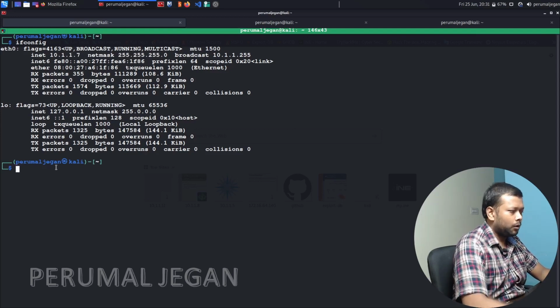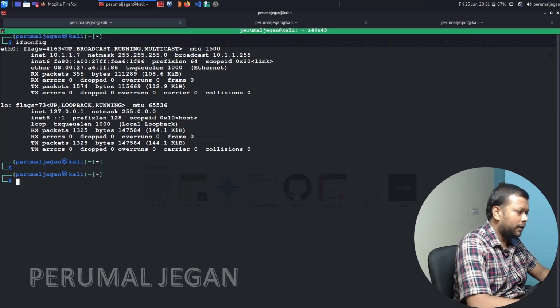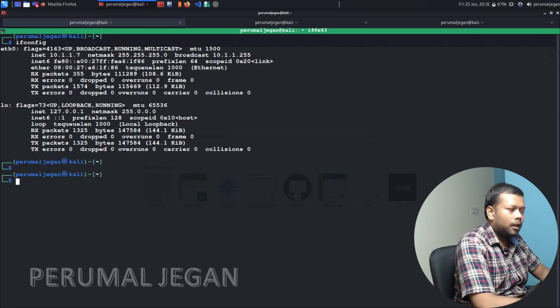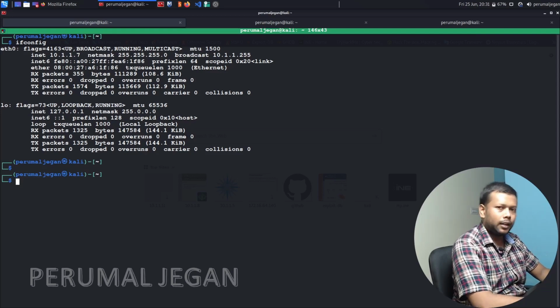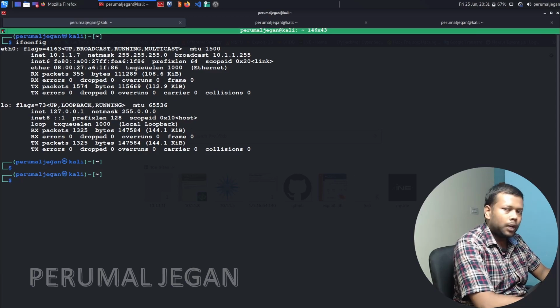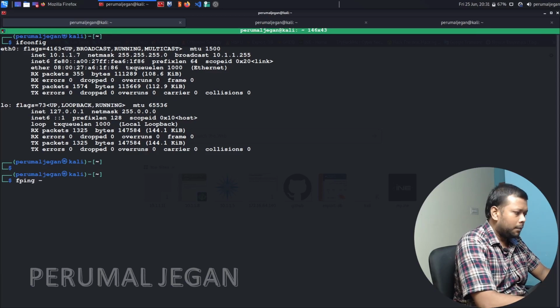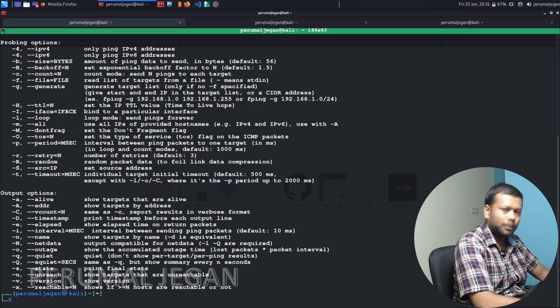This is my network, 10.1.1.0/24. My IP is 10.1.1.7, and I need to find the IP address of my target. I don't know the IP address, so I have to find it. To do that, I'll tell you a utility called fping. The commands are simple: fping -h to get some help.